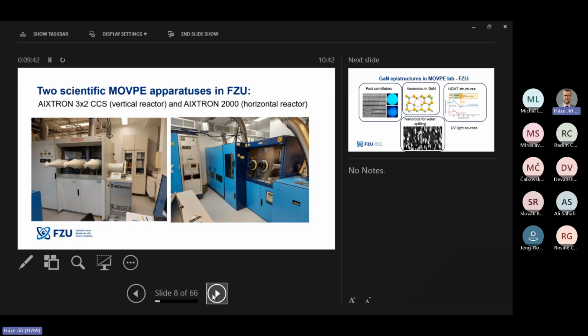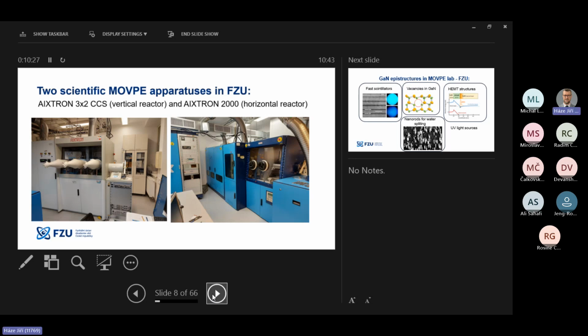The white one with closed copper showerhead is something like a shower and has a high memory effect. So we combine both apparatuses for different applications. For HEMT structures, the white one is quite okay, while for luminescent applications, we are using only the blue one, because the structures from this apparatus are much cleaner and have better